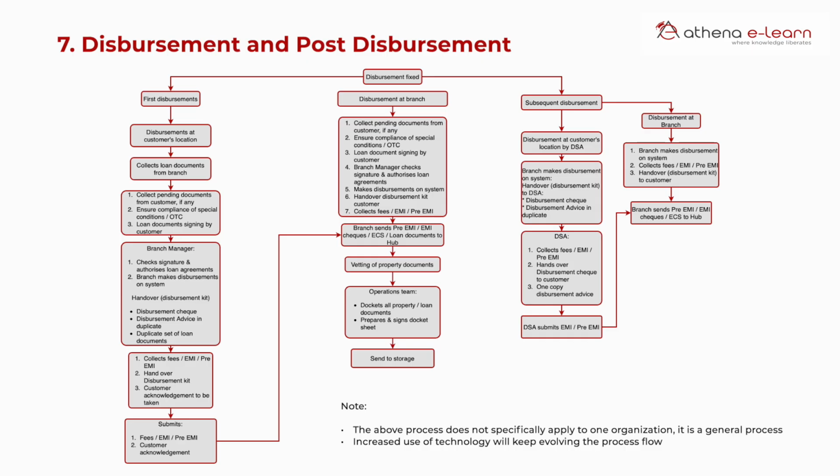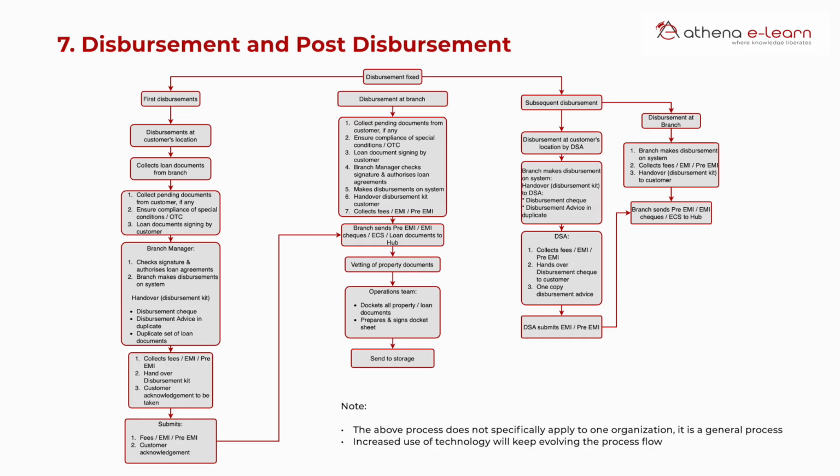You need to find out what he wants, why he wants it, and then whether you, within your policies and within the regulations, can accommodate that request. Mostly these changes, especially for an increase in loan, are limited to within 2, 3, 4 months after the full disbursement is made, because after that there is no need for more money in the context of the house that is being funded. So this is again a process that needs to be decided by each lending institution, but there has to be a process.